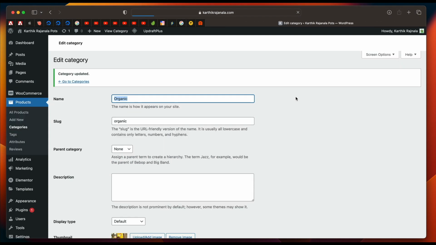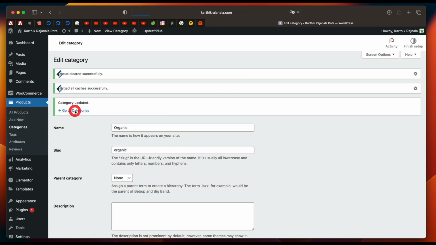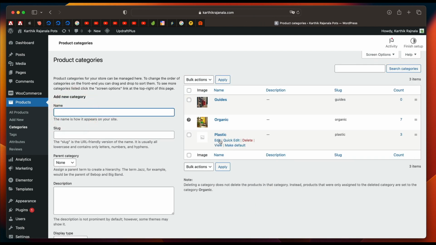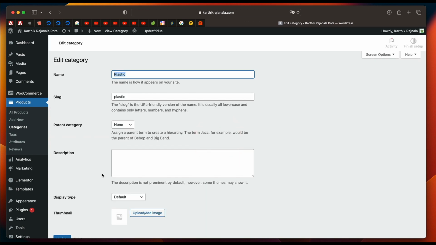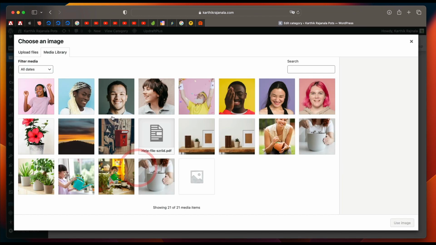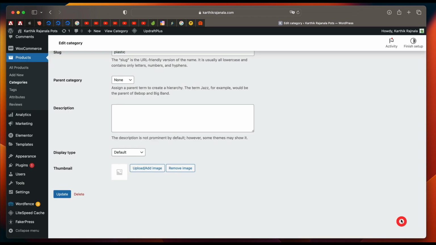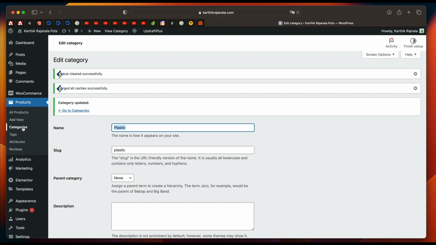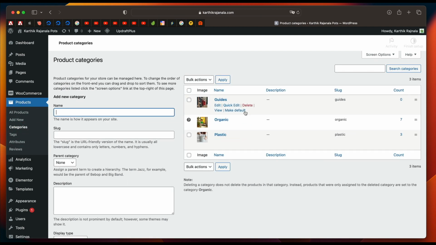Let's do the same for the plastic category. You can click on go to categories, click on edit, click on upload image and maybe something like this. Use image. Click on update and you can click on go to categories here